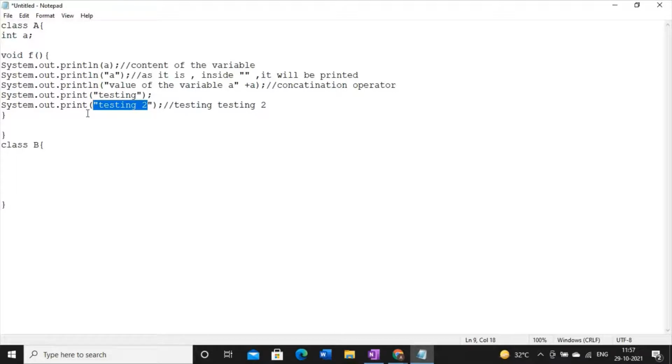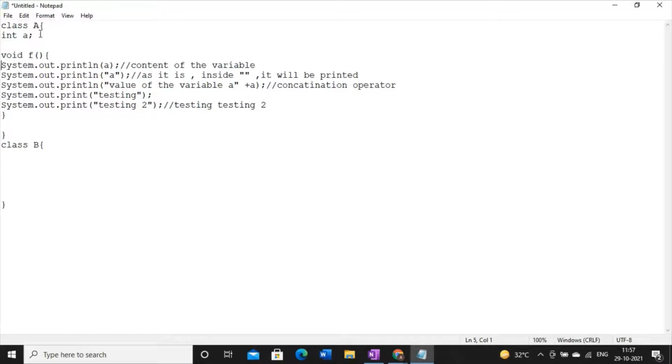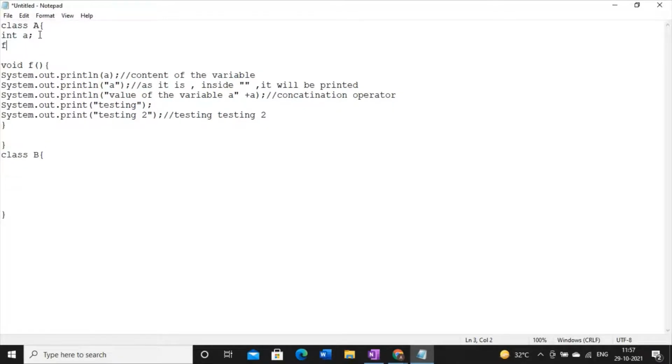But in the interview, when it is asked whether it is a correct statement, your answer will be yes. Since ln stands for new line, if this ln is missing, then the next part of the printing statement will not be printed in the next line. So these are the different kinds of System.out.println statements you can use, right? However, it is very easy: if you have any float value, say b, then how you can print this floating point value, you just write the same thing.